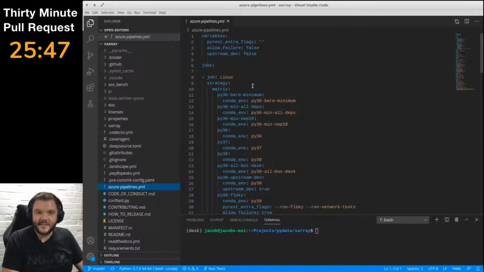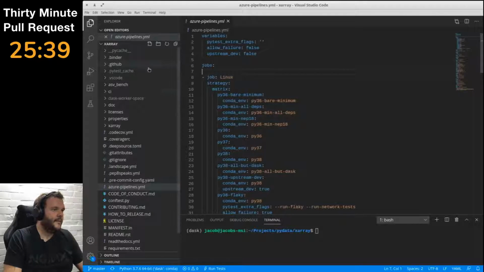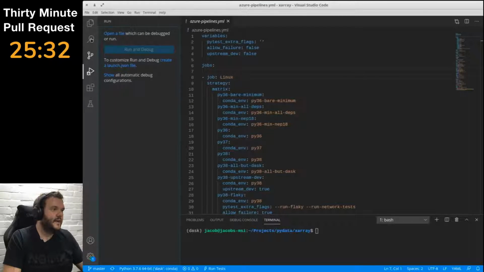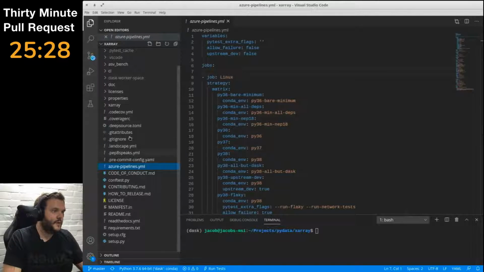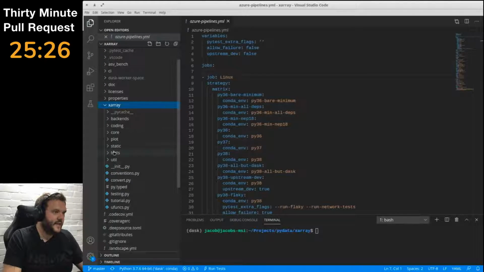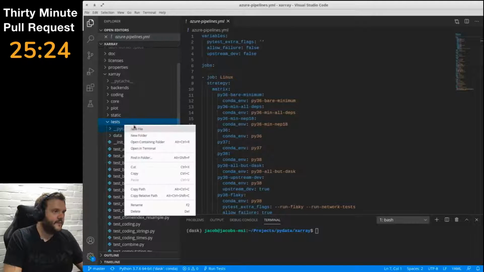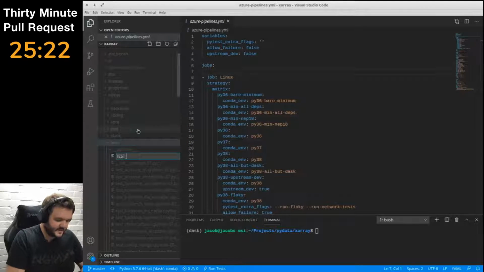But we want to add GPU unit tests and make sure that they exist in the project so that when I'm working on things, I can run things locally. Maybe we set up some alternative CI in the future. I don't know. But for now, I want to make sure there are tests, but that those tests are skipped. And there are a few other test suites in here that already skip. So I'm going to have a quick look into Xarray and then tests. Let's make a new file, and we're going to call it test_cupy. Oh, I don't know why I'm in caps. test_cupy,